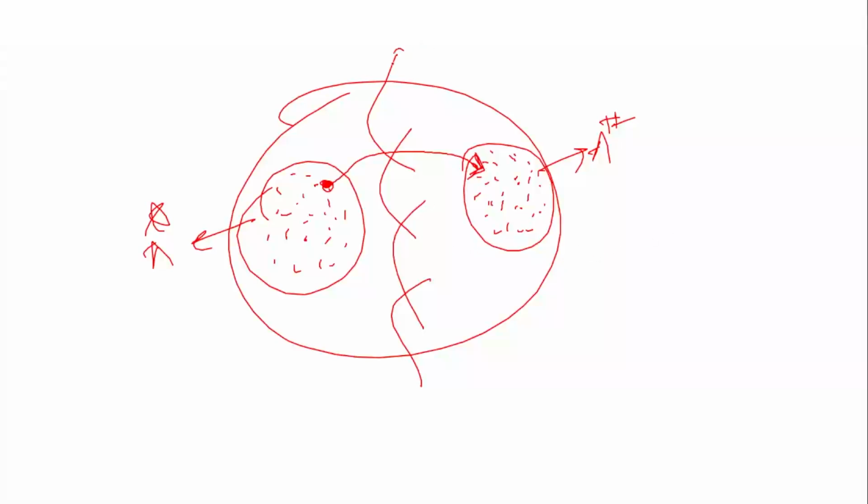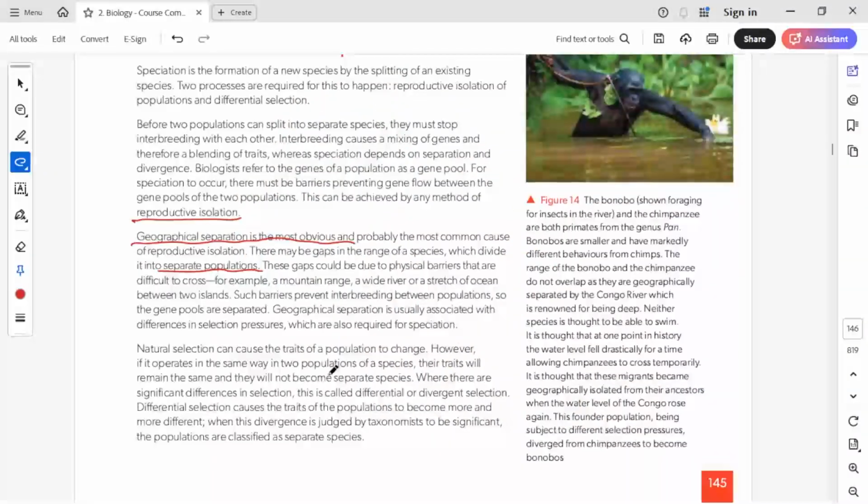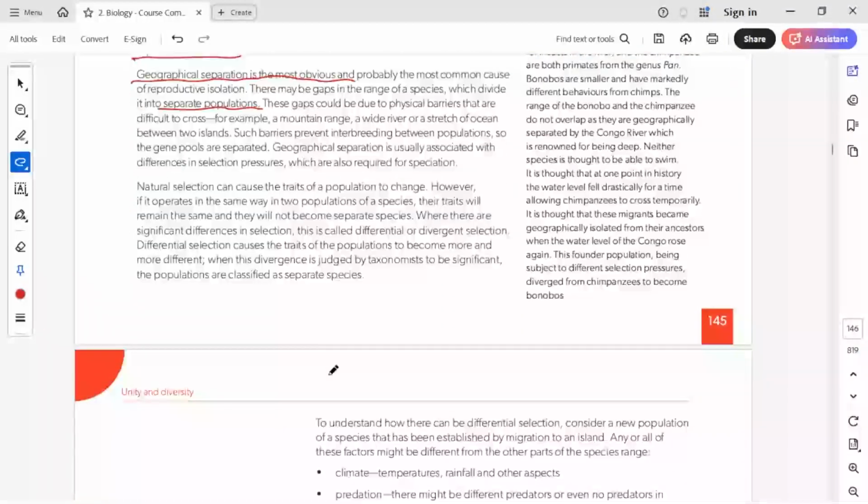But with continuous reproductive isolation, where they are not interbreeding with each other at all for thousands of years, after that time they will actually develop into a new species. And after that long reproductive isolation, even if you bring these two species together and try to interbreed them, they will not be able to. Even if they interbreed, they will not be able to produce fertile offspring. So in that condition, they will be called different species. That is the point when you can call them different species.